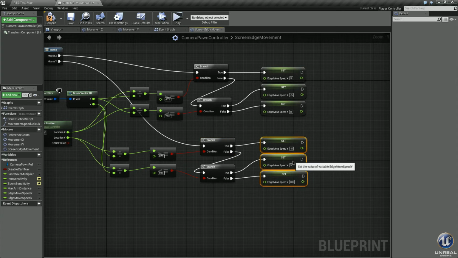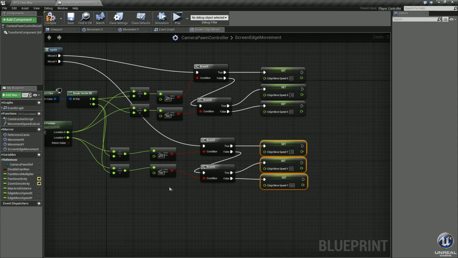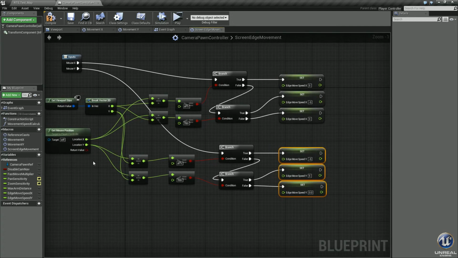All right, told you it's a little large, might be a little bit confusing. I hope I'm not confusing you on this. Ultimately, we're just getting the viewport screen size, breaking its vector out so we get the XY value. Then we get our mouse position, which is location X, location Y. We take that location, divide it by the viewport size to get a percentage of where our mouse is on the screen. So if it's right in the center, then its percent is 50% of the screen size. If it were all the way to the left, then it's 0%, all the way to the right, 100%, and same thing for up and down. So that's what we're doing, is we're just checking the screen percentage.